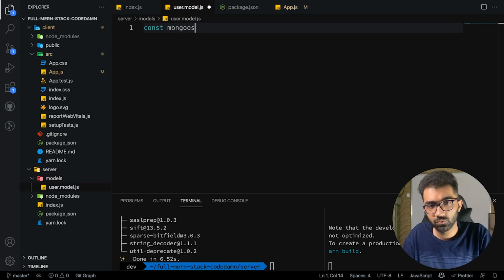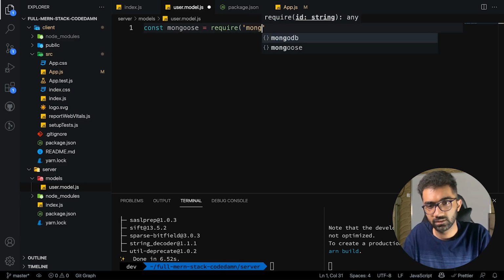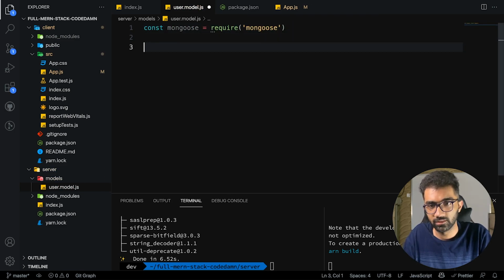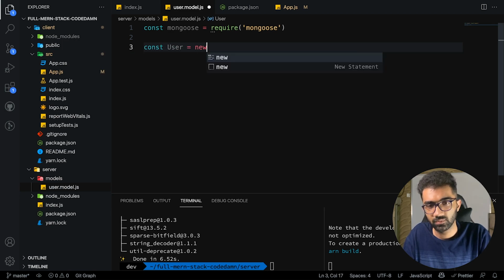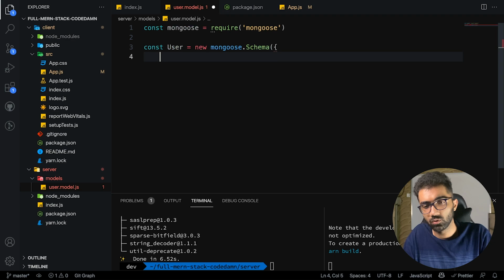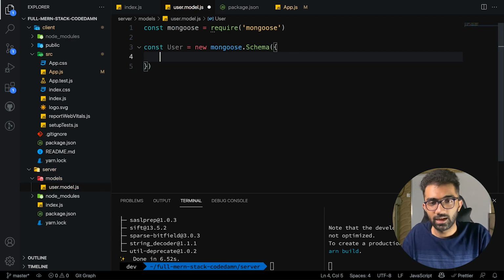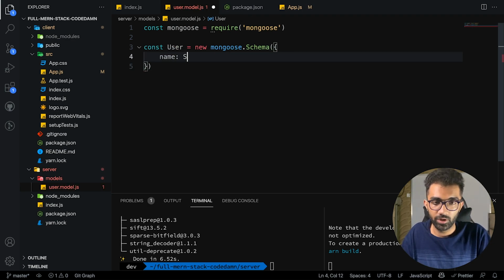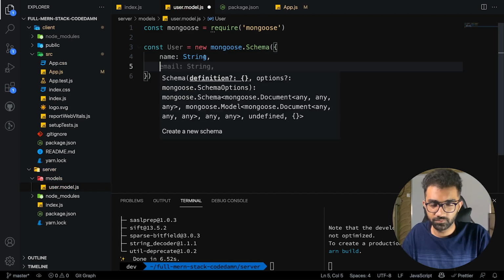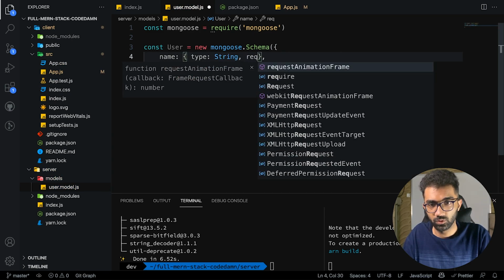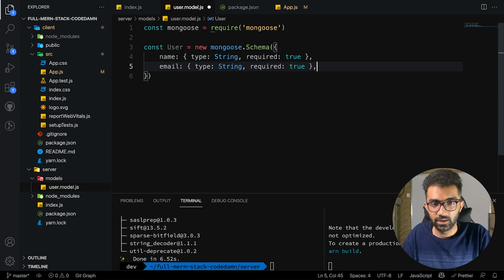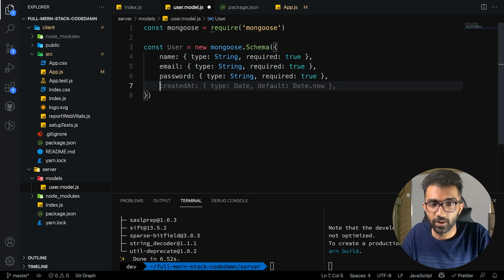So what you want to do is get mongoose first by saying require mongoose, like this. And you want to define a model. So you want to say my user model is something like new mongoose.schema, and it should have a property called name, which is of type string. And this is a required property as well. Required true. You can say email, type string, required true, and password required. You know, GitHub Copilot just taking over